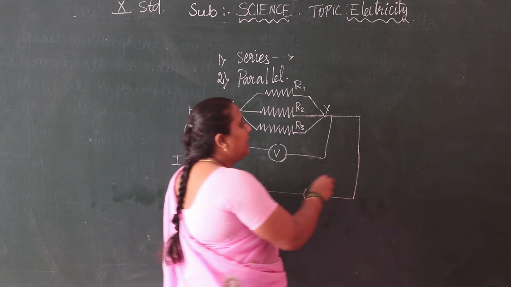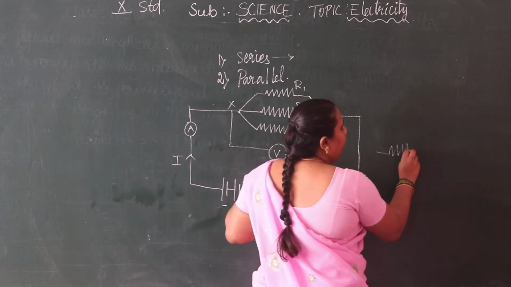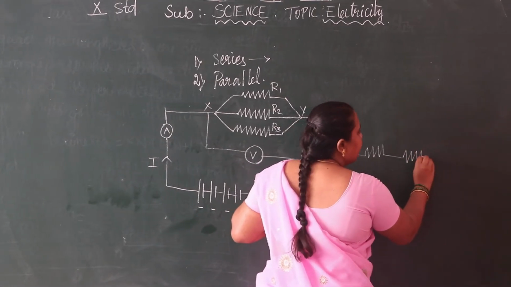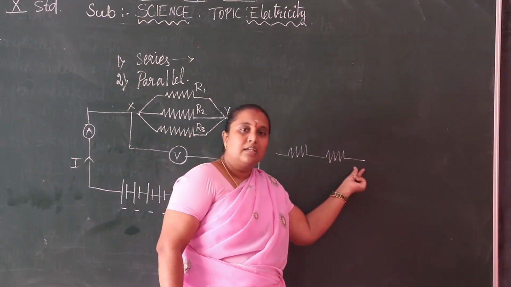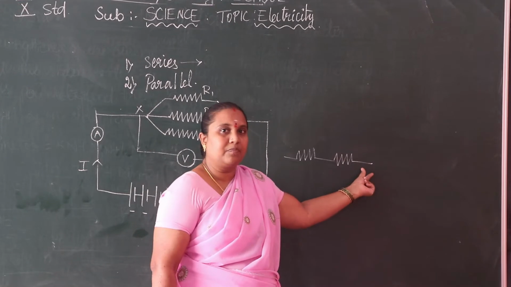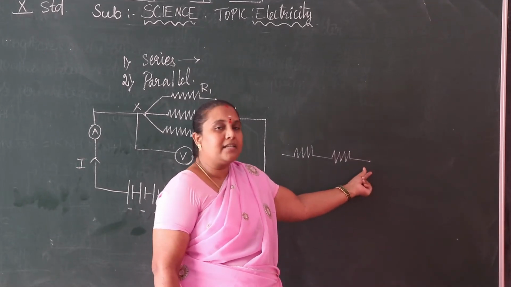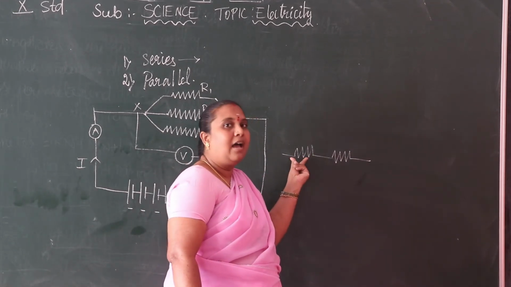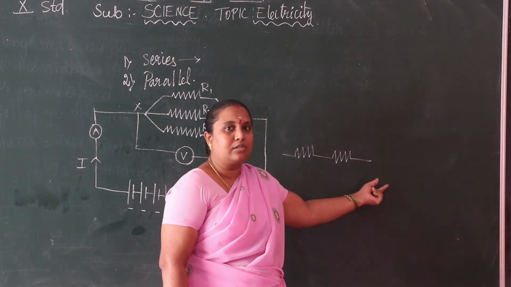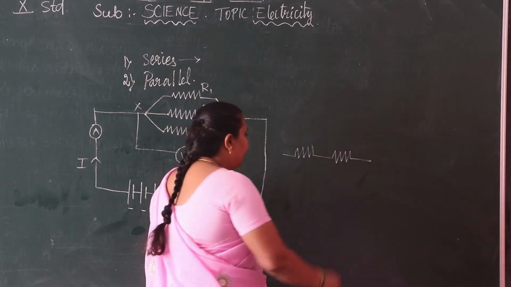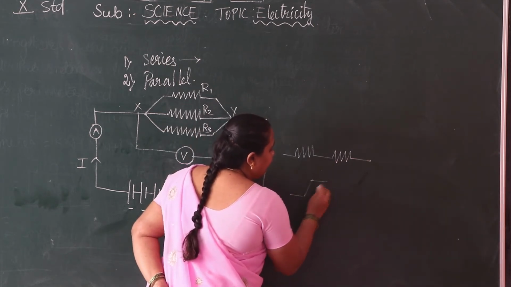In a series circuit, we have resistances in series, and the electric current passing through the resistances is the same. The current passing through the first resistance is the same current passing through the second resistance also. Understood, children? But here in parallel,